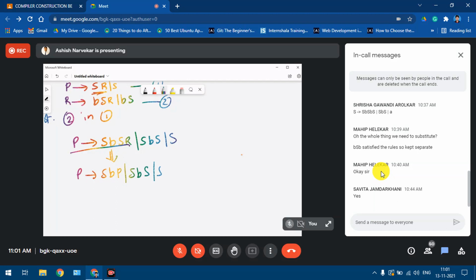Now since we have already substituted R and used it, the production of R can be discarded. So if the production of R is discarded, what remains in the grammar is S gives WBS, or W; W gives L star W, or L; L gives ID.